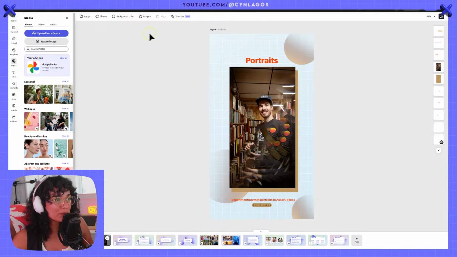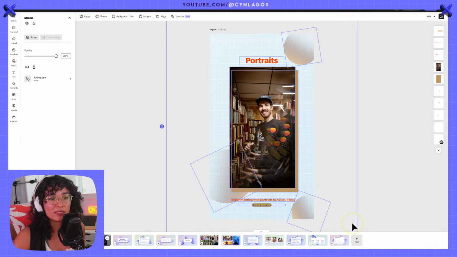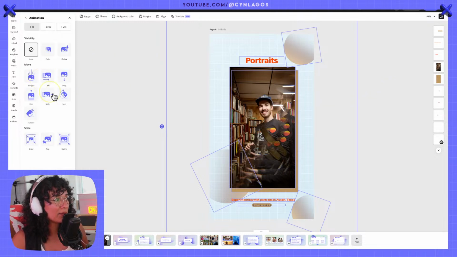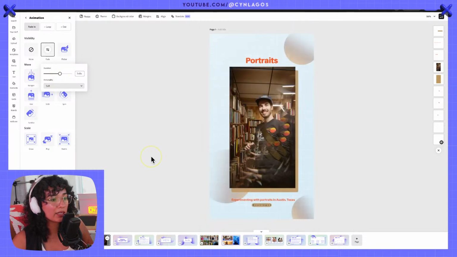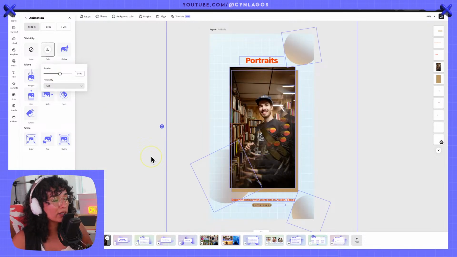So I'm going to make this animated so we can put it as a video and therefore as a reel. So let's go into the animations. So now I can select everything and add an animation. It could be something as simple as a fade in. And let's make it a little bit longer, something like that, so it's not too distracting.